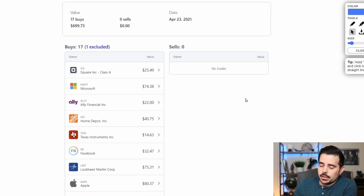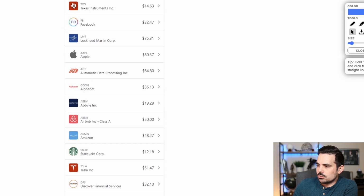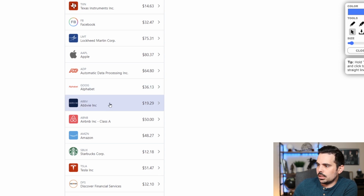So in case you don't know, M1 Finance does it where you make a deposit and then it splits your money up based off of percentages. All that is in the trading videos, by the way. And you'll see here how everything's kind of broken down. So some of these stocks got a little bit of money. Like AbbVie got only $19, but then we had companies like Tesla got 51, Amazon got 48,